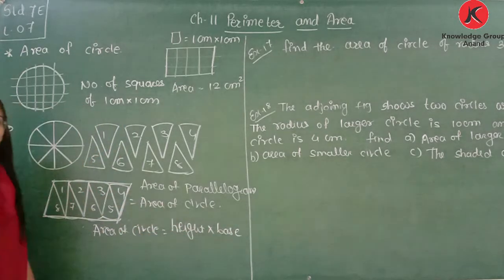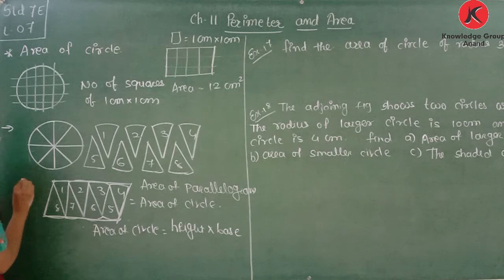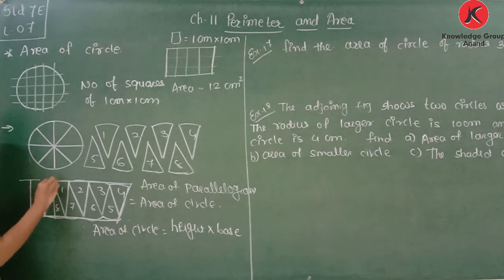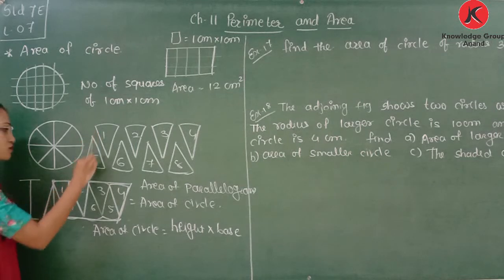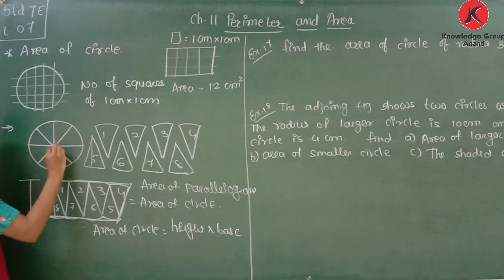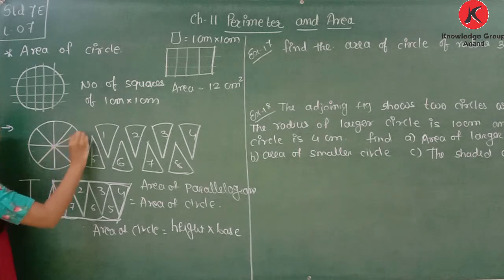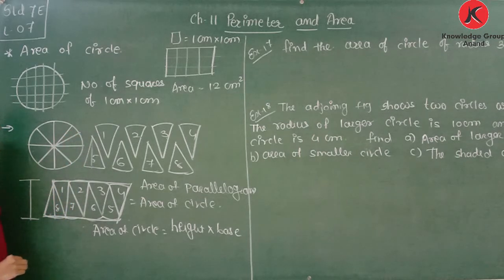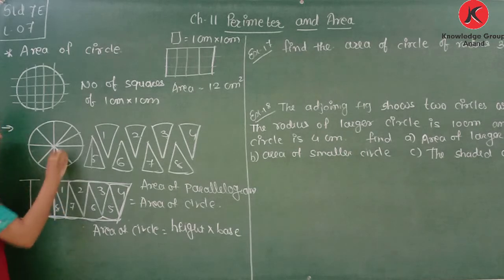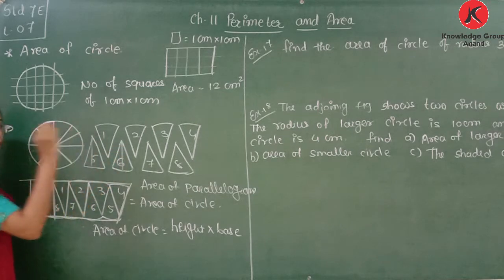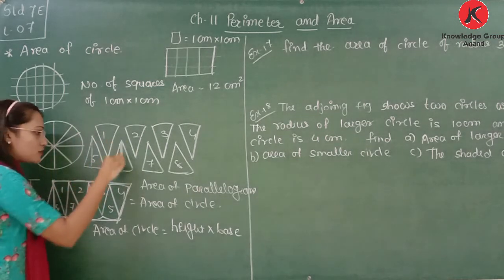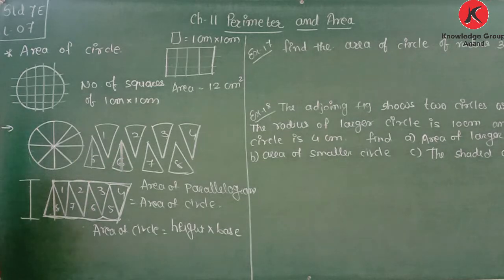Now for this, what will be its height? This will be its height. Now for this, it is this length. For this, it is also this length. Now, if you consider this shape, then this is what in a circle? This is a radius. Yes or no? So this vertical height in a parallelogram is nothing but the radius of a circle. If you take any piece, then the height of this piece will be the radius of the circle. So we can write it is radius r.